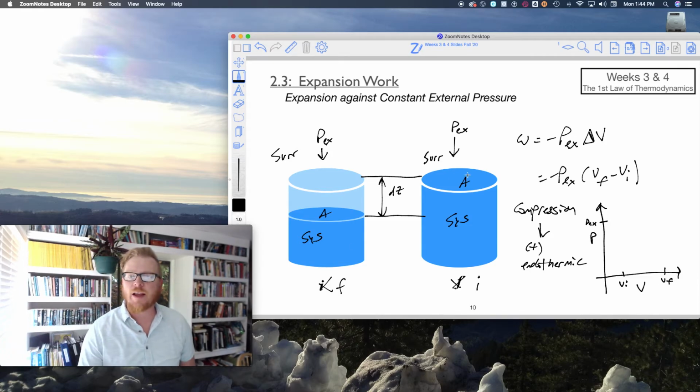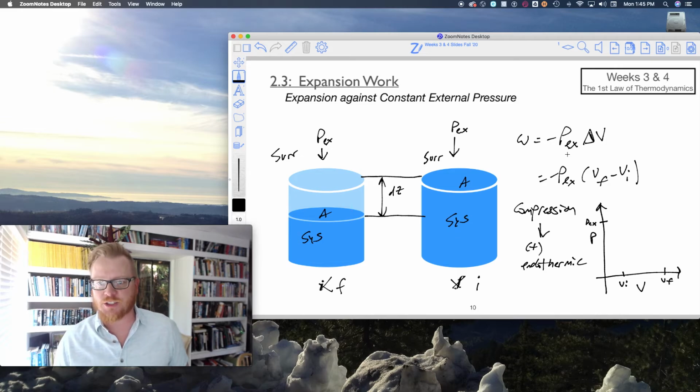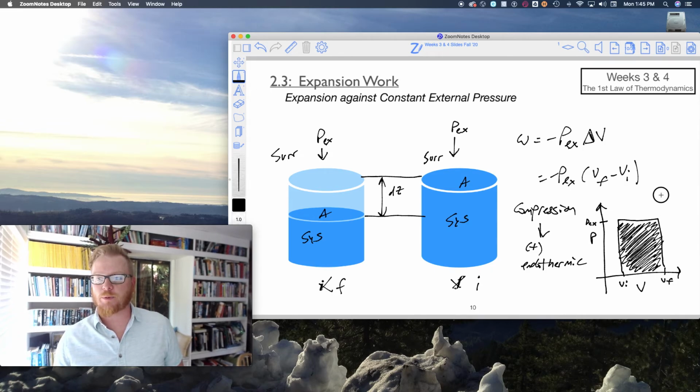If you look at the product of this, it's just pressure times volume. So when I have pressure times volume, it makes a rather simple looking graph. It's just this box,